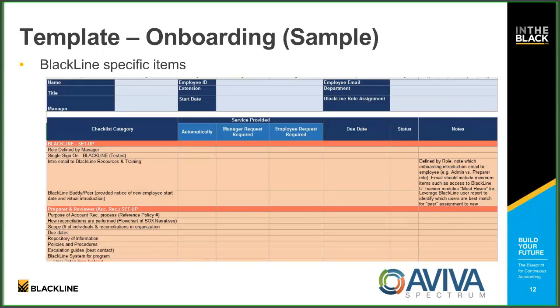The scope of the individuals and reconciliations within the organization. In other words, do they understand the scope of the work, the number of other folks within the same boat that are doing the same recs, preparing and reviewing? Due dates, do they understand and comprehend what they're responsible for? Do they know where the repository of information and policies and procedures are? Do they know the escalation guidelines